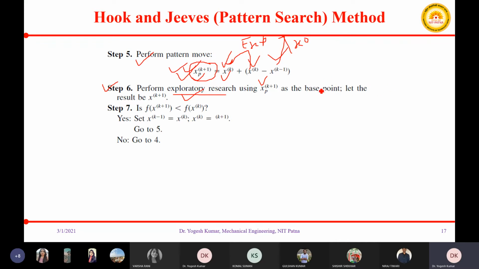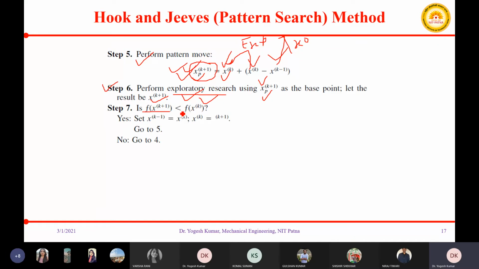Okay, so now this xk plus 1, suppose it is your result, then you will again compare the value of xk plus 1 with xk.